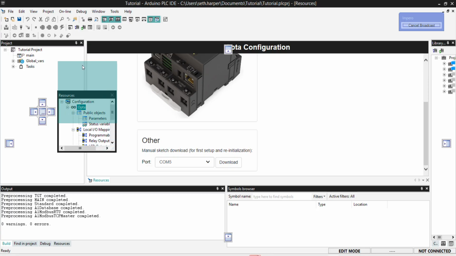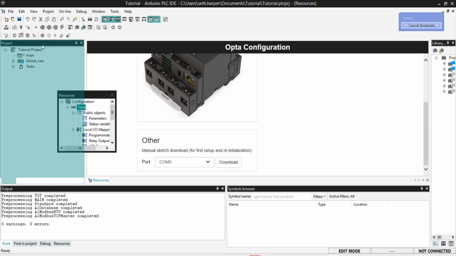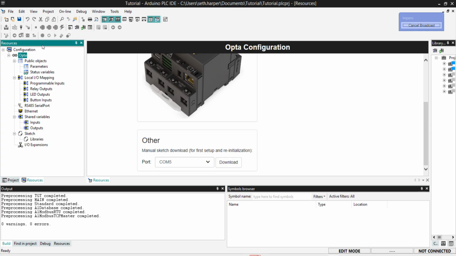Okay, you can drag and drop to either, I could put it on the left side of my screen, I can put it on the top. What I like to do is make sure Project and Resources are combined here, so I can just drag and drop one over the other, and now I have them as just tabs on the left, because I use those a lot. Anyway, we're going to go to Resources, double click on Opta,